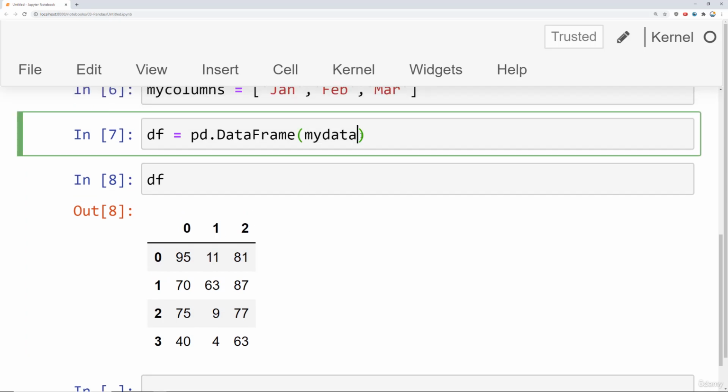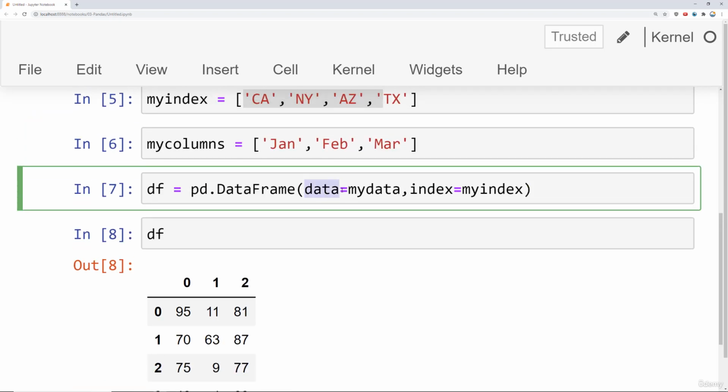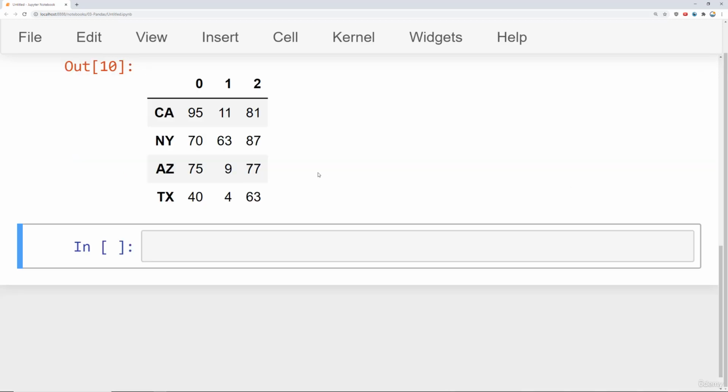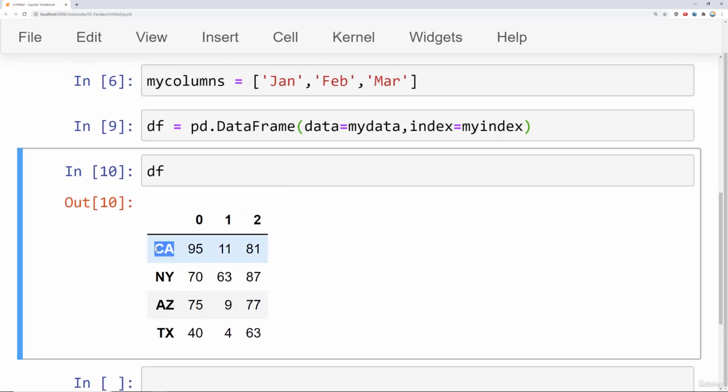So now let's come back up here to my data, and let's also provide the index. We'll say index is equal to my index, and I'll also say data is equal to my data. As I mentioned before, technically I don't need to provide these arguments. This is really just showing you what each argument is taking in. So we rerun this cell, and now I see the index here has been created. And you'll notice there's nothing above this index, basically showing you in bold that this is the index, not another